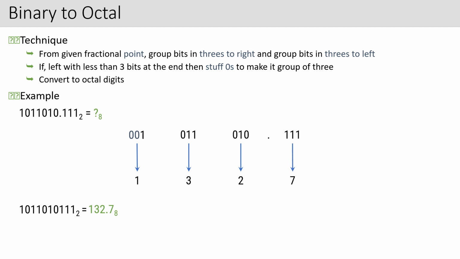Now you may ask me how I am getting this 3 from 0, 1, 1. What you are supposed to do here? It's very simple. Remember what I said, 0, 1, 1, 3 digits are there. What will you do? The positions are 2, 1, 0. So 0 into 2 to the power 2, plus 1 into 2 to the power 1, plus 1 into 2 to the power 0. So 1 into 2 to the power 1 is 2, and 2 plus 1 gives you 3. Do you understand what I am saying?